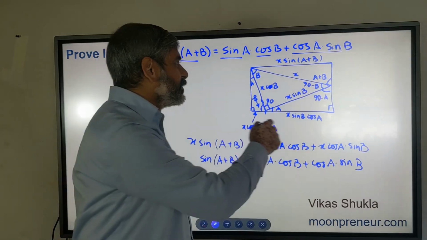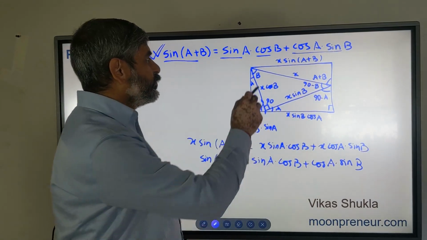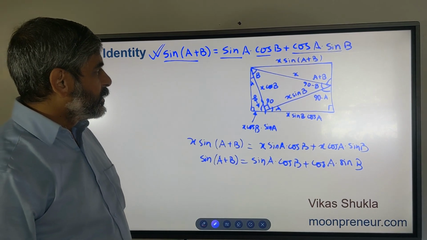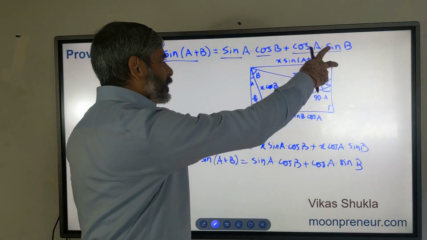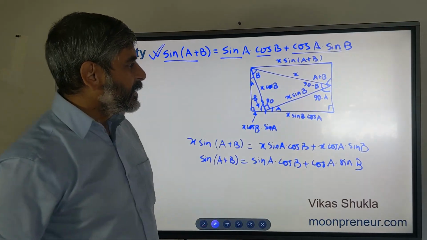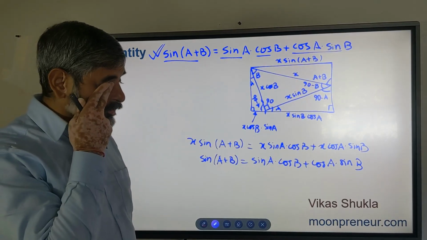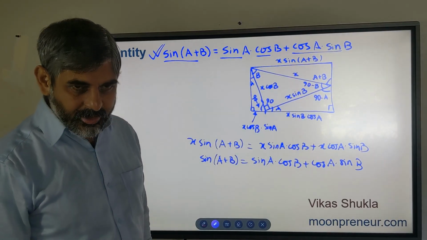We can use a similar thing to prove the cosine identity, for example by projecting this one over here and finding it as a sum of two sides or a difference of two sides. I will leave it for you as an exercise, and I hope it